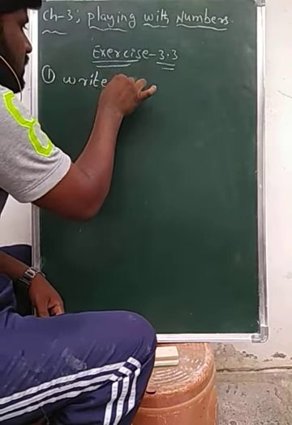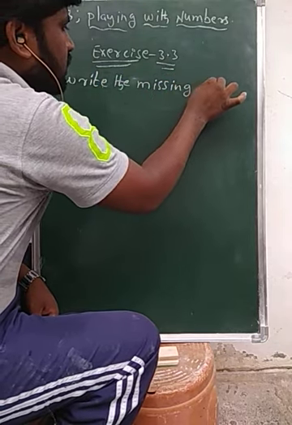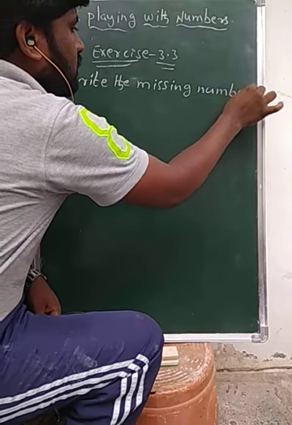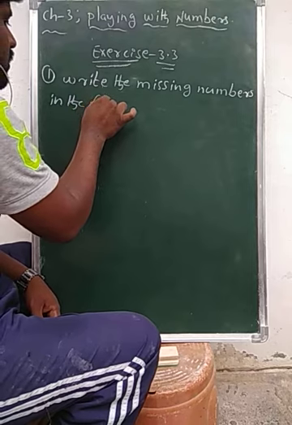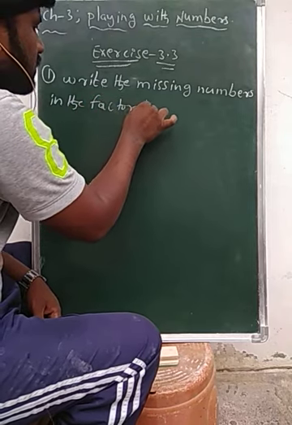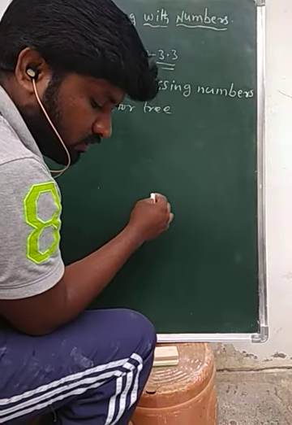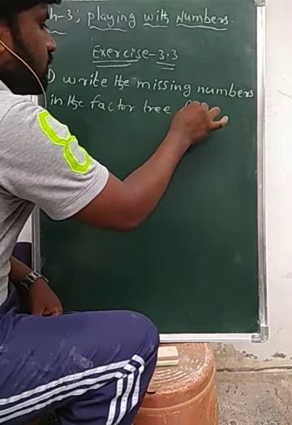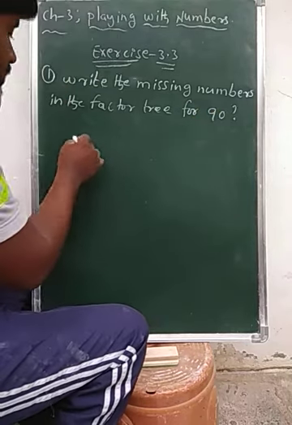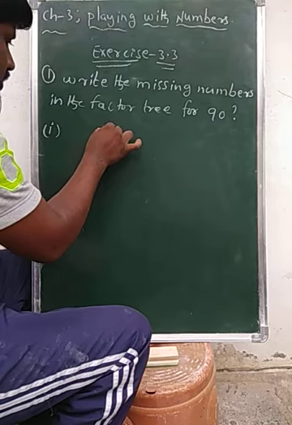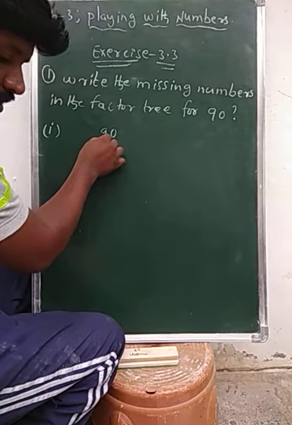Write the missing numbers in the factor tree for 90. Okay, the first question is given: 90,